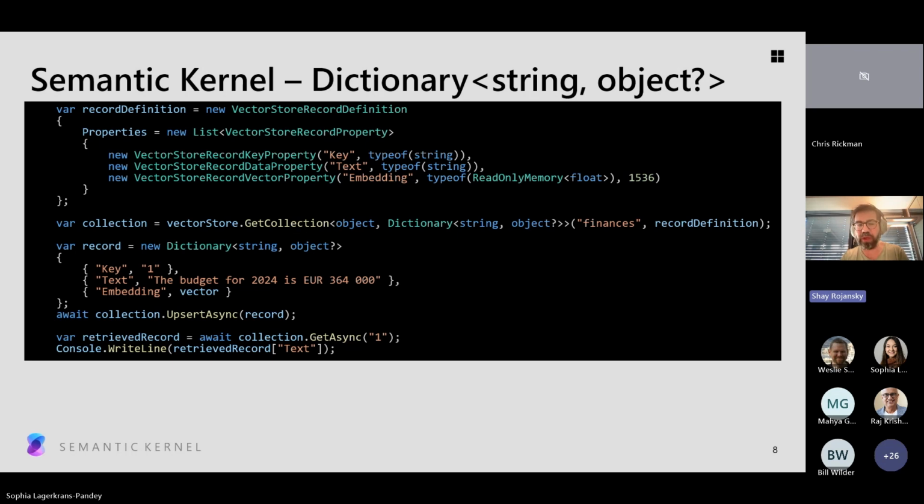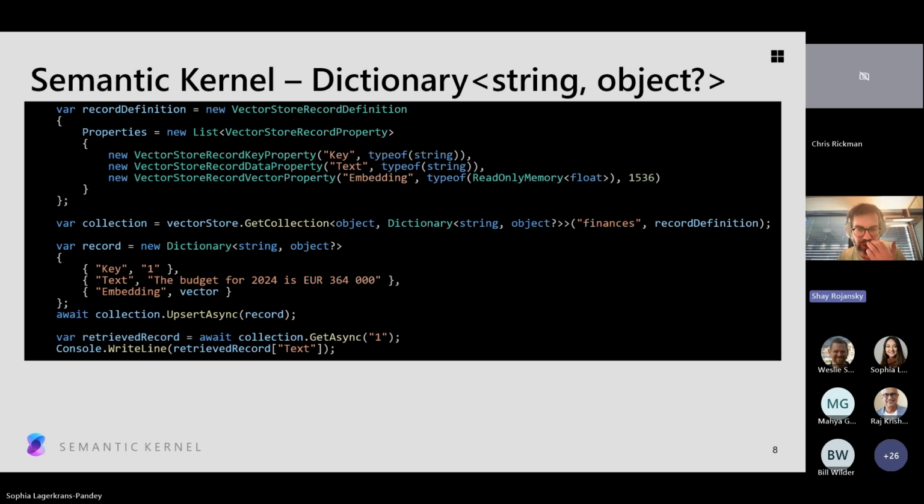And for this, we have what I'm going to call dynamic mapping. Semantic Kernel and the vector database abstraction already had a story for this, called the generic data model. There was a generic record data model type that you could use. I suspect not many of you have had to use that type.